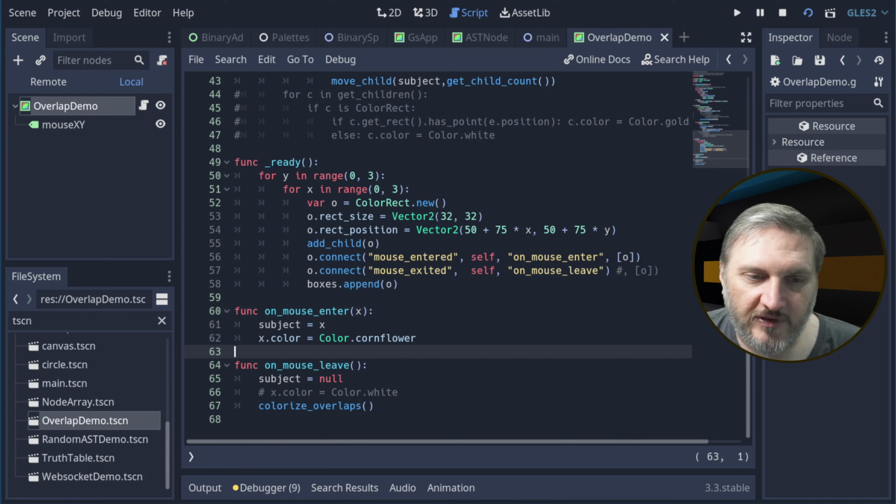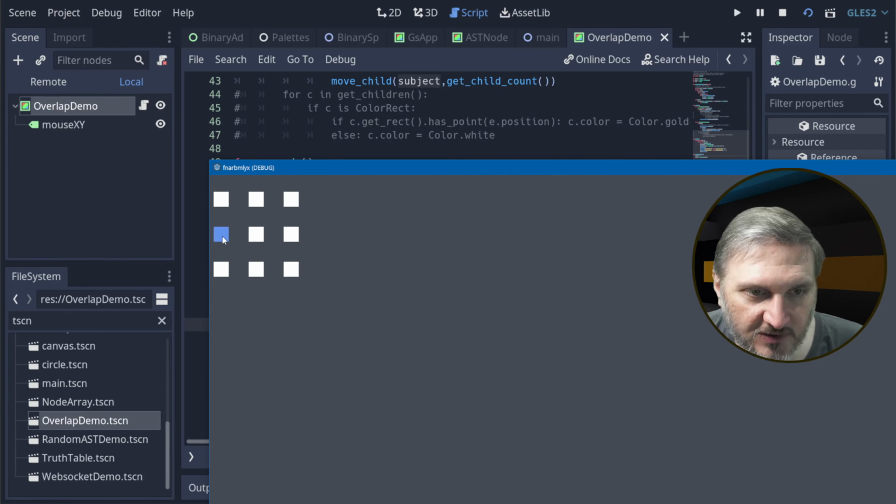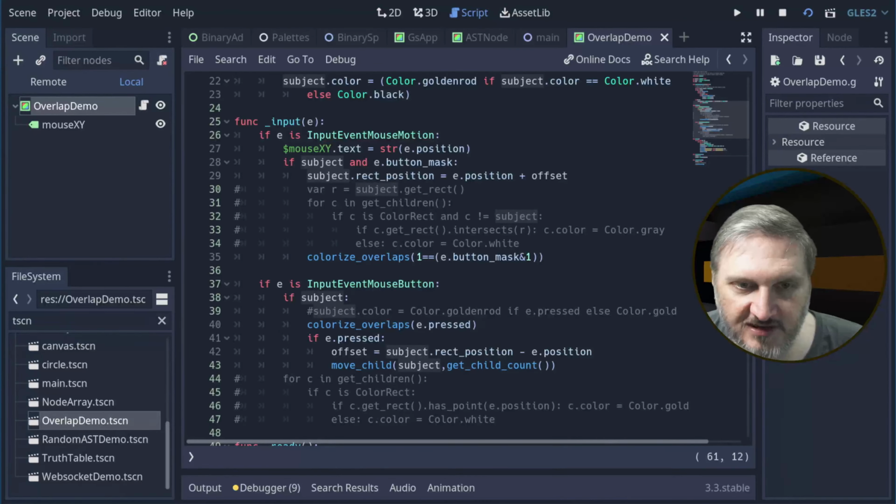They tell you that the mouse has entered, and then I just set the subject variable to whatever I'm looking at. Whatever the mouse is over, that's the subject, and then we set it to blue. So as we go over, whichever one is the subject is blue, and then in the input events we say, well, if the subject is,